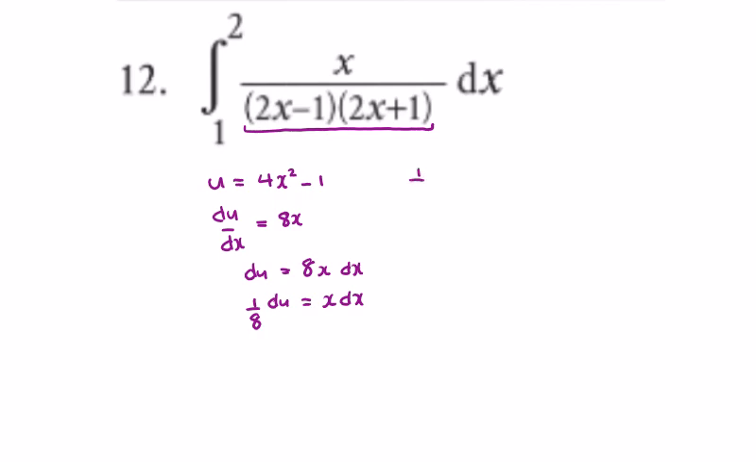So we're going to end up with an 8 times the integral of x dx on top, and x dx is going to be du over 8, we have the 8 outside, and the bottom will be u, we let u equal the bottom, so we have an 8 times the natural log of u. Seems to be coming up quite a lot for us, between 2 and 1, so we have a half times the natural log of 4x squared minus 1